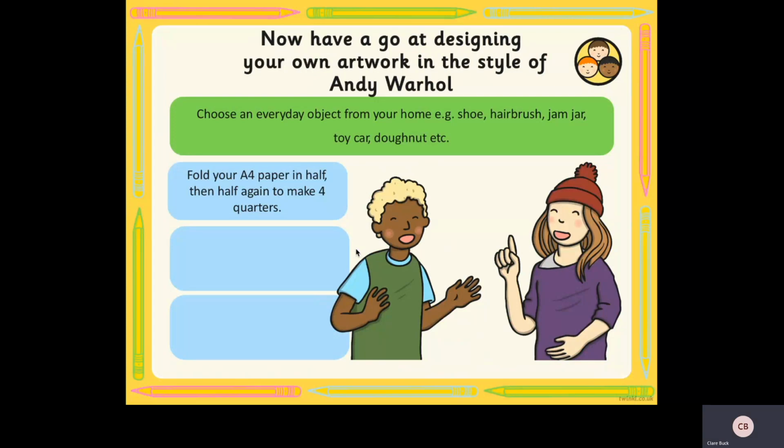Okay, so you've seen myself and Chloe having a go at that. Hopefully you got on okay with yours. You could now have a go, if you like, at designing your own artwork in the style of Andy Warhol. We'll also add another little video of us trying this one. You can choose an everyday object from your home, whether it be a shoe or a hairbrush, a jam jar, toy car, donut, cupcake,